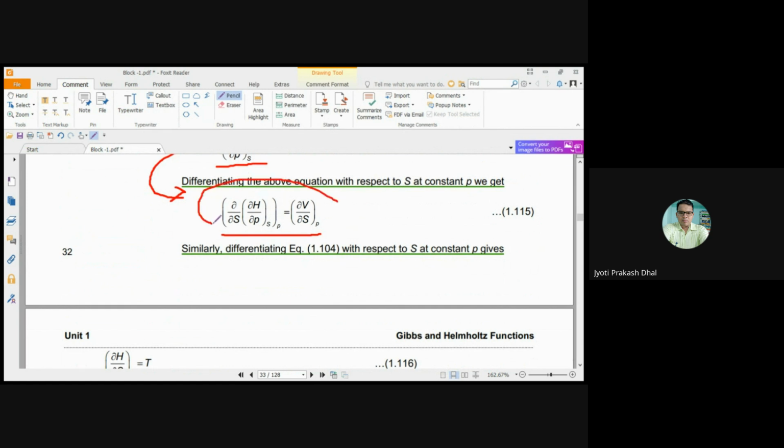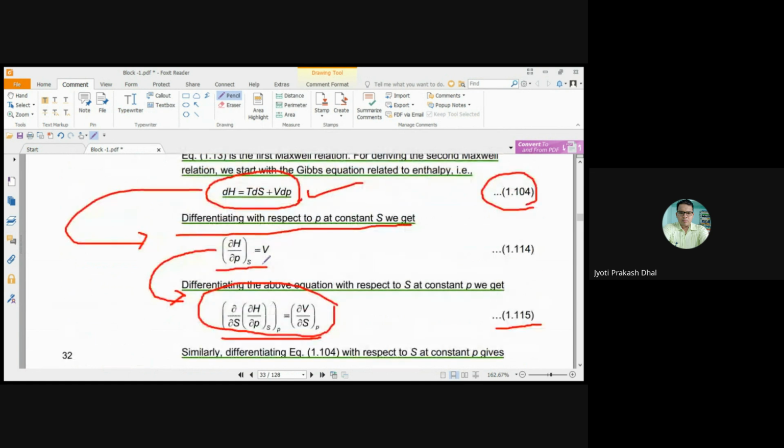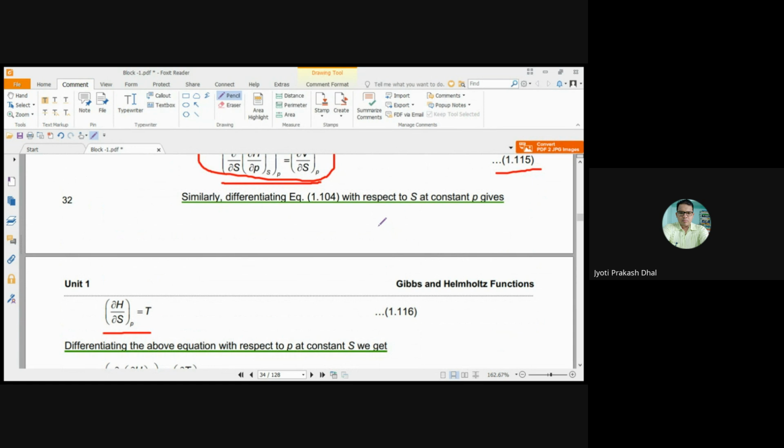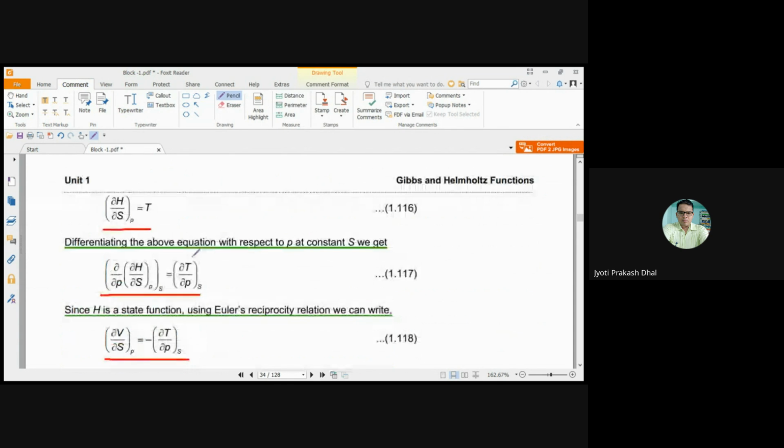And finally, we will find this value. So a similar type of derivation will be there, and this is known as equation 1.115. And similarly, if we again differentiate equation 1.104, the base equation is dH equals TdS plus VdP. And again we are differentiating the same equation with respect to entropy, that means with respect to S at constant pressure P,